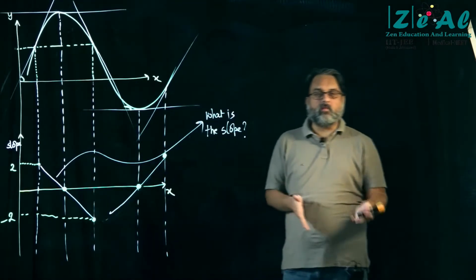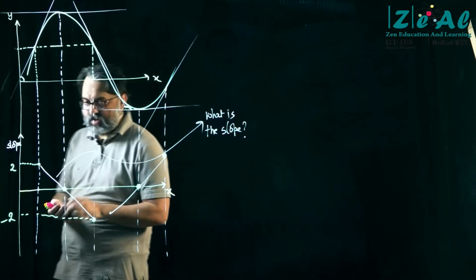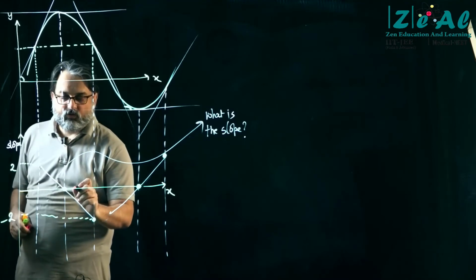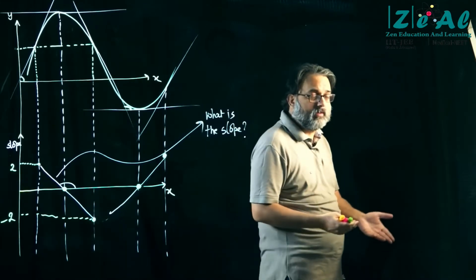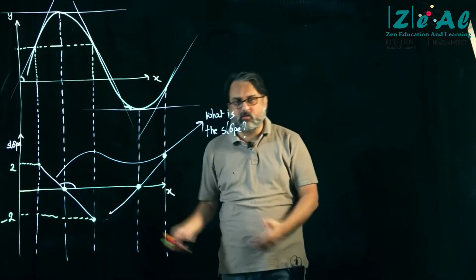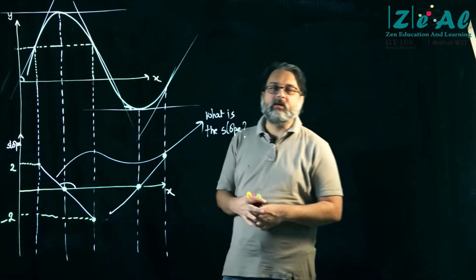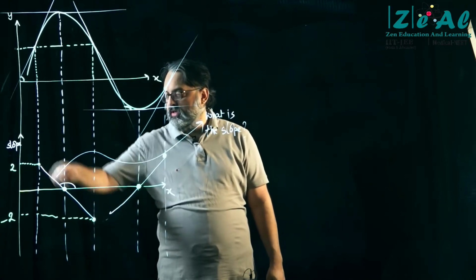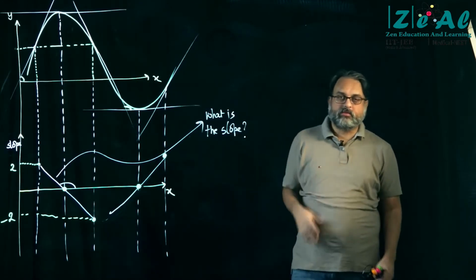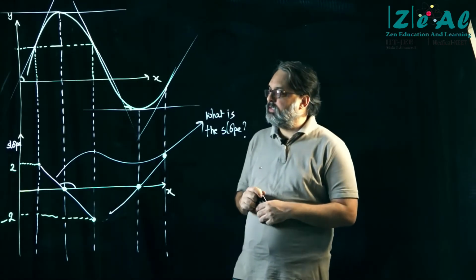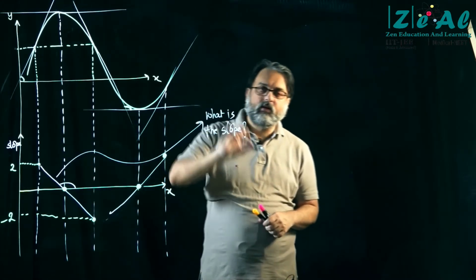Well, the answer in a way is very easy. It is that, okay, fine, if this is a straight line, then what you do is you measure this obtuse angle and then you simply put it in your calculator like you have been doing up till now, and you press tan, and the value of the slope will come. But I am not interested in the numerical value of slope. I am interested in something much deeper. Okay? I am interested in what is the meaning of this slope. What is the meaning of this slope?